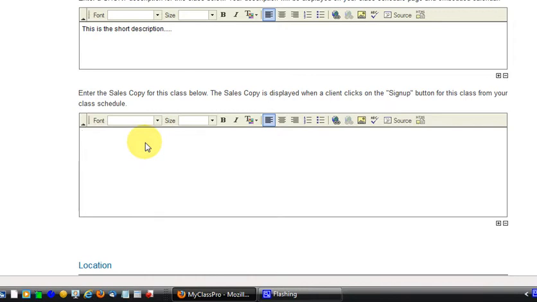Next we step over here to the sales copy for the class. Once the client clicks on the sign up link for the class, he's taken over to a sales page, so we can enter pretty much anything that we want in here. Images, video, text. You can make it as long as you want and really try to sell your class. For the purposes of this tutorial, we'll just put in a little bit of text. So, this is a sales page for the class,